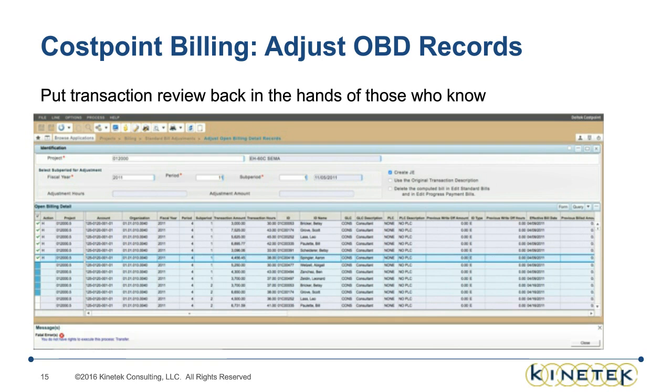This screen actually has the ability to do a number of actions. You can put a transaction on hold. You can remove it from hold. You can reset all transactions, so basically globally remove any change that you made to anything.